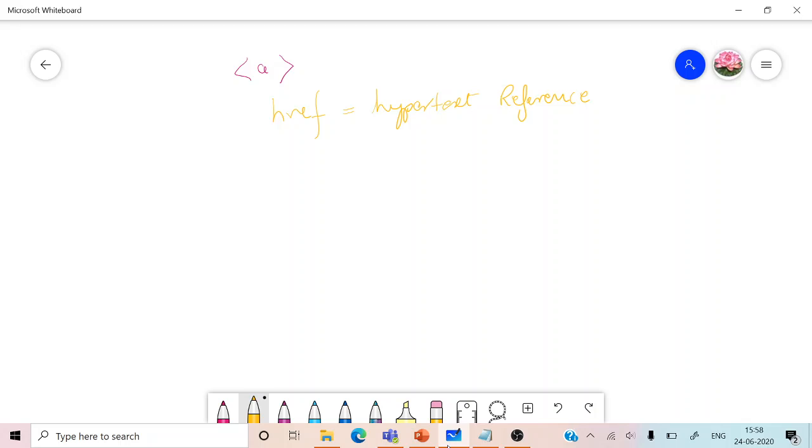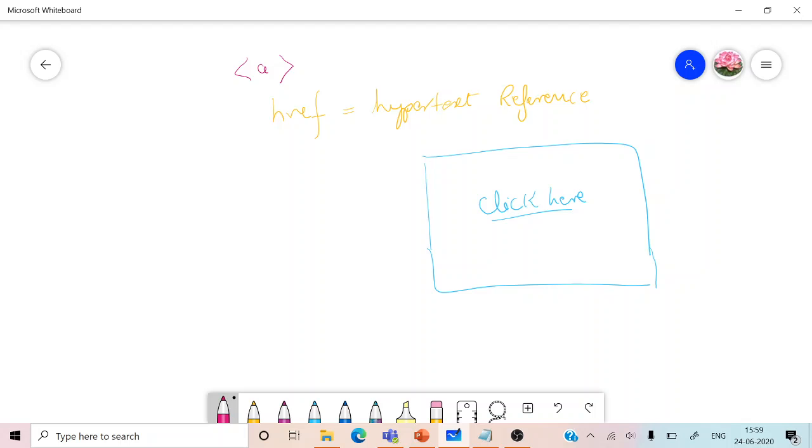Now how are we going to actually write it? For example, in the web page we have a word, say, click here. So this is a hyperlink. Hyperlinks usually come in light blue color with an underline. This light blue color will come when we put it inside the tag, like the anchor tag.